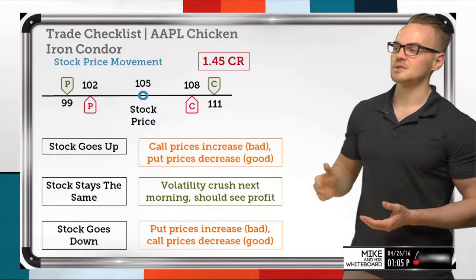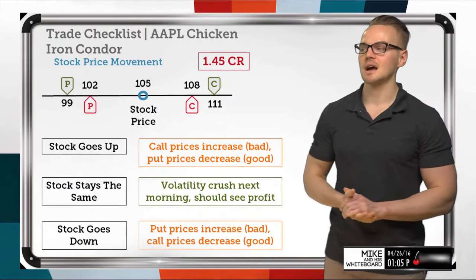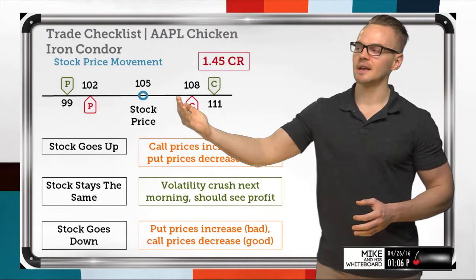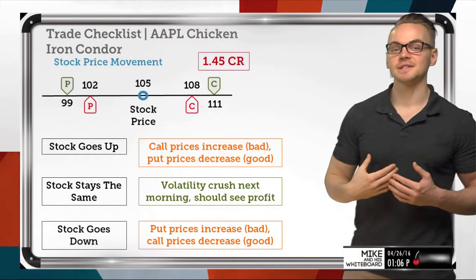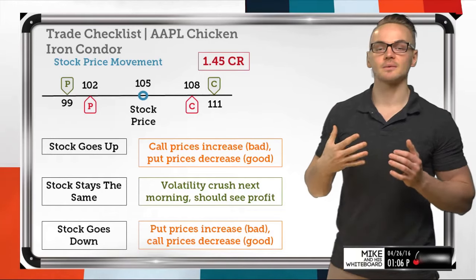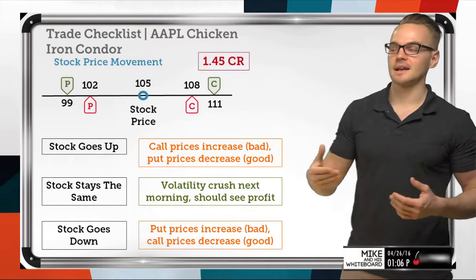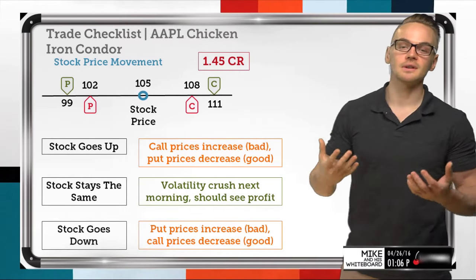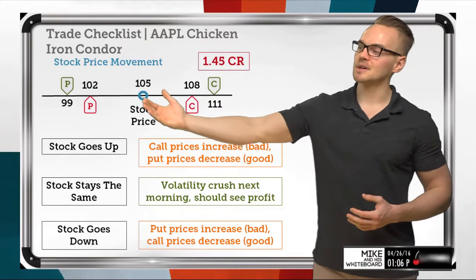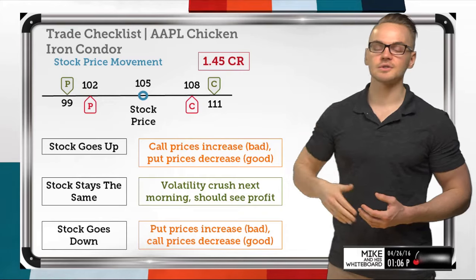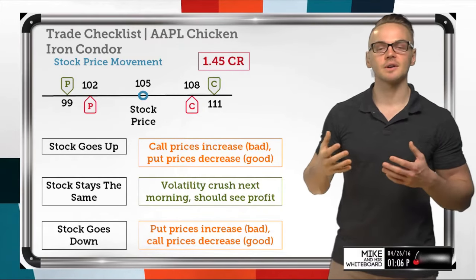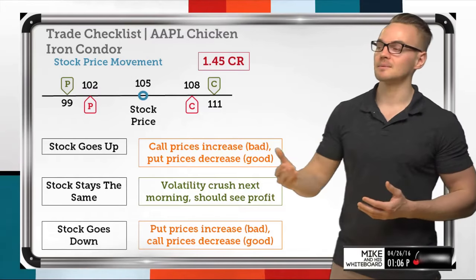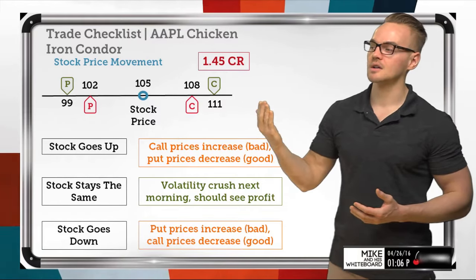The very first thing we'll do is think about what happens when the stock goes up. Well, again, if the stock price moves up just a little bit, the volatility crush that I should see from the earnings announcement being released should offset any directional move that I see over the next few days or hopefully tomorrow. But if the stock price goes well beyond our call strike, so if they have really good earnings and the market interprets those earnings in a good way and we see the stock price blow through our call side,